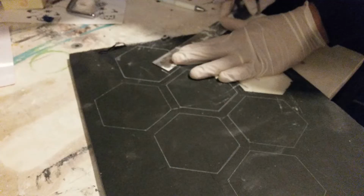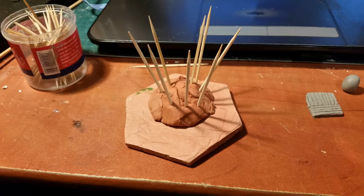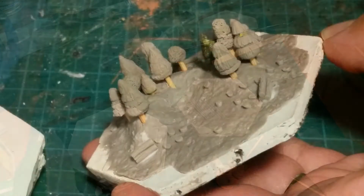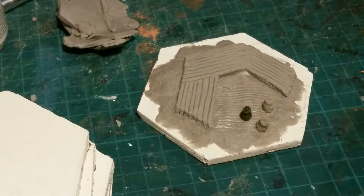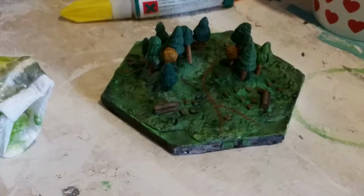Hello everybody and welcome back to another installment of the work diary, where I show you guys the progress I made on my handcrafted Settlers of Catan board. Today I'm going to show you how I made casts for the bases on which I'm going to sculpt the rest of the tiles, and a few of the tryouts that I made on making forests and wheat fields